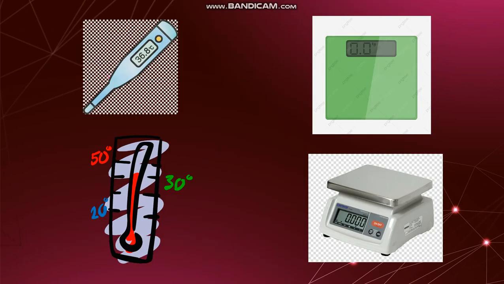As you can see in the pictures, this is a thermometer, right? A thermometer shows you your body temperature. Whenever you check your body temperature, it always shows you in decimals, on the digital thermometer. So you can check your body temperature or any temperature. If you check to get the exact result, it will always be in decimal form.